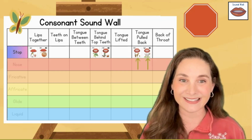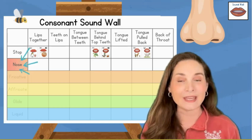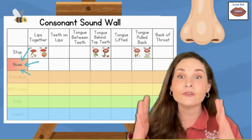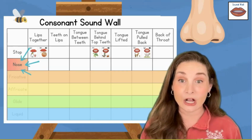Great teamwork on this. Now it's time to learn all about nose sounds. Nose sounds are unique because instead of releasing the air through our mouths, the air flows through our noses. Isn't that interesting and kind of strange? The nose sounds that we're going to talk about are